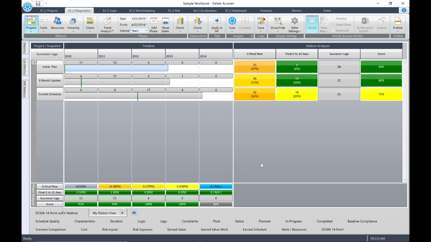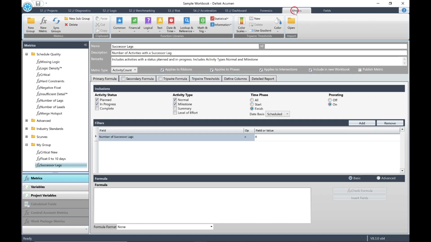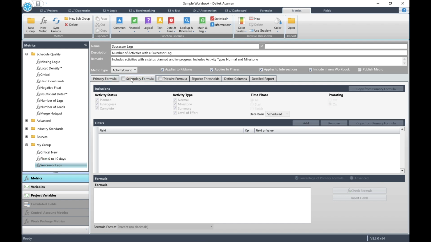In the Successor Lags metrics, you'll note that all of the different successor lags are visible in both analyzers. Now we're going to move on and create a basic metric secondary formula. So click on the Metrics tab. Then in the Metrics pane, select the metric for successor lags in My Group. Then click the tab for Secondary Formula and make sure to check the option in the tab to turn it